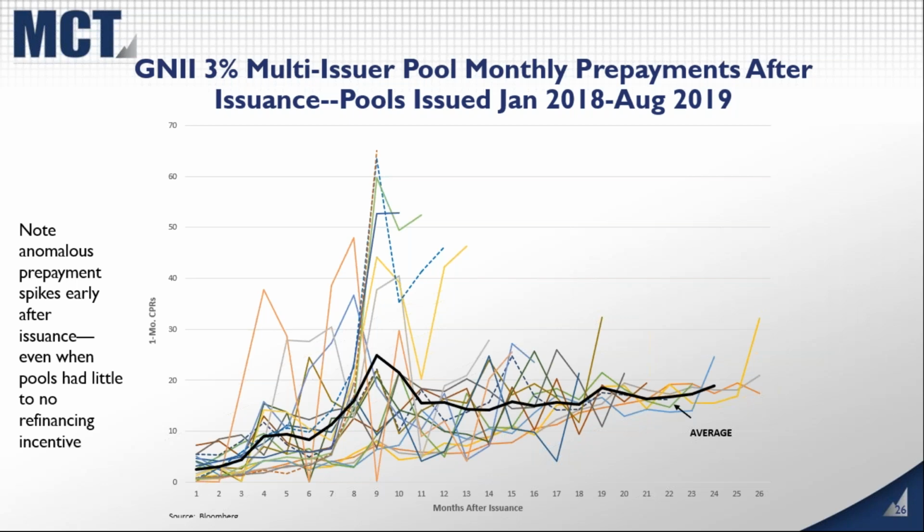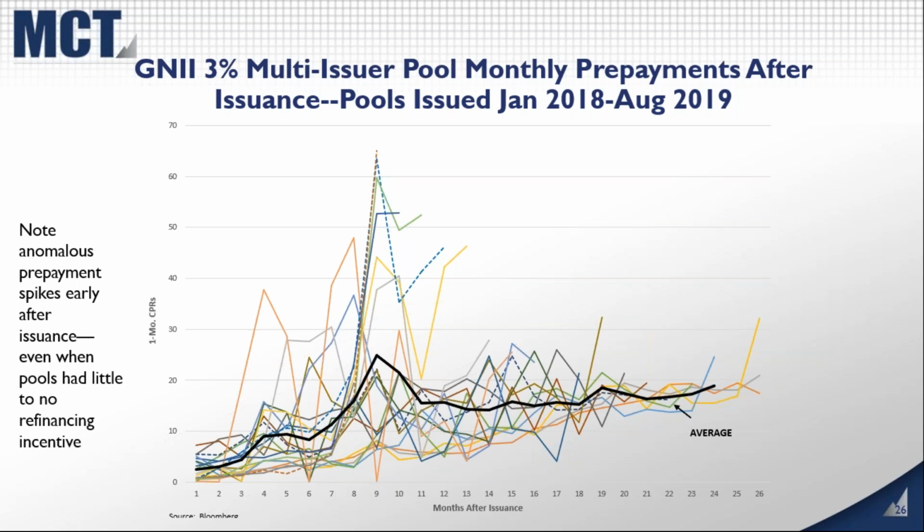But you still see these really early spikes in prepayments. For some pools, you see spiking up to 65 or so CPR in month 8, and that's not what's predicted by any mortgage prepayment experts that I've ever talked to. You've even seen one or two of the pools peaking in month 4 at 40-something, in the neighborhood of high 30s, low 40s CPR, as well as something in the high 40s in month 7.